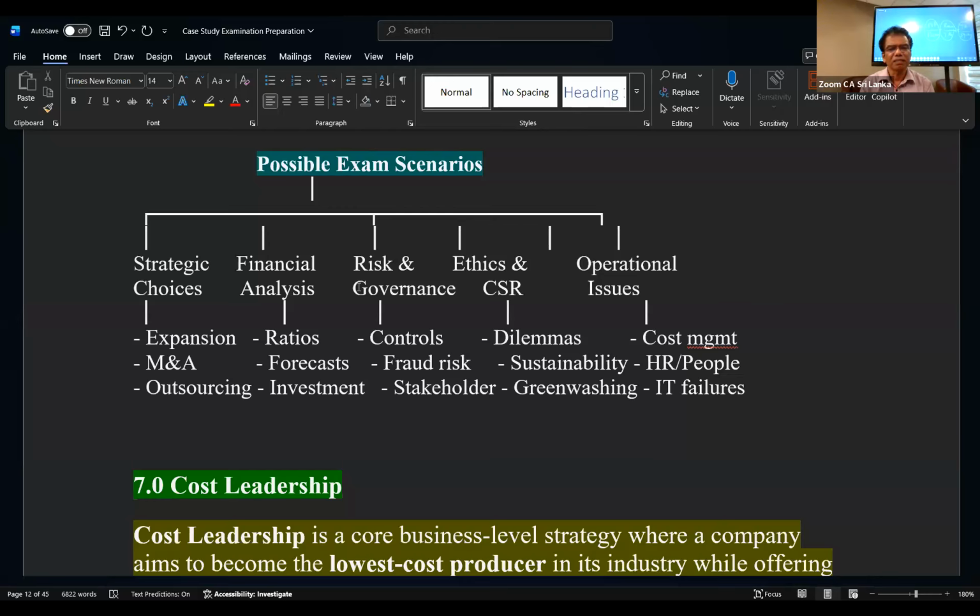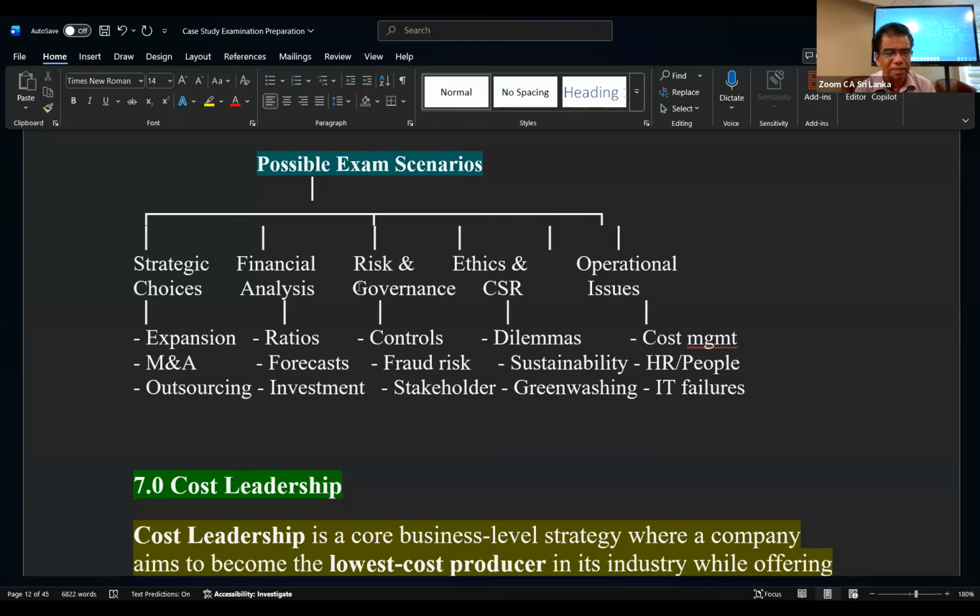Risk and governance controls, because in this industry there is a regulatory body, the central bank, right? And there is the Companies Act and the Banking Act. Read the Banking Act with the amendments. So the legal requirements are there. If you are not familiar with that and the examiner has put something in, then you don't know whether it's a governance problem or not. So you must be familiar with those things and how to tackle them.